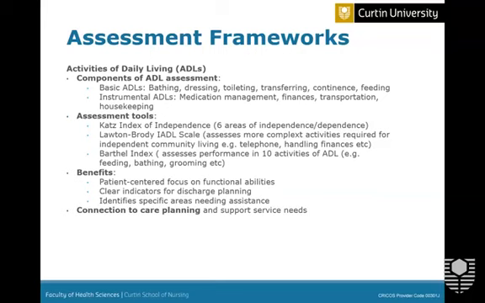those basic ADLs, for example, there are a number of different assessment tools that can be used. So it's the Katz Index of Independence, the Lawton-Brody IADL scale, and the Barthel Index. So you've got to think around those assessment tools. They are used to give you information about your basic ADLs and instrumental ADLs that may be required for this